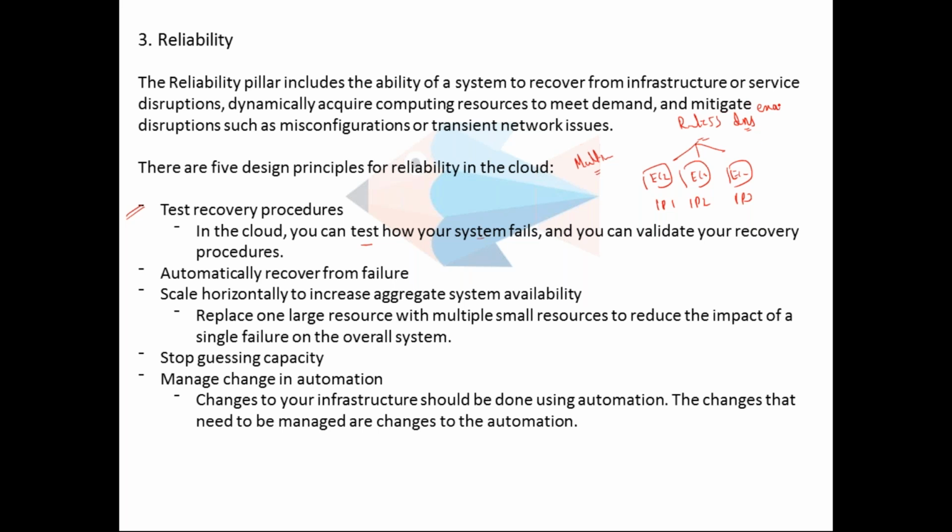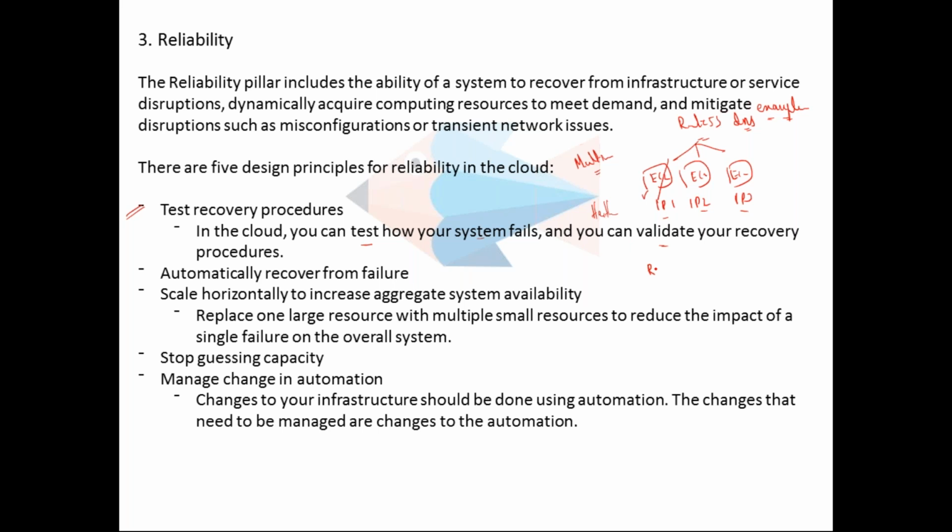Now, whenever users give the domain name in the browser, it will resolve to any one of the servers. So you can deliberately stop your server, and then check whether Route 53 is still returning that IP address to the browser or not. Obviously it will not, because it does health checks. That is one of the things you can do to check how your system fails and validate your recovery procedures.